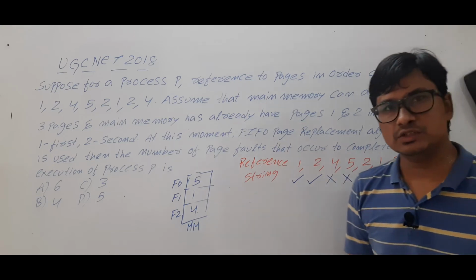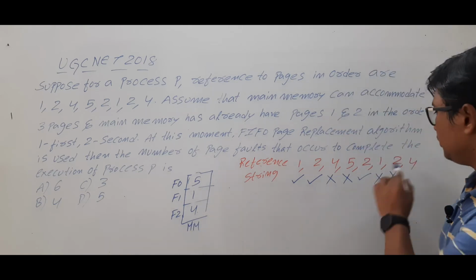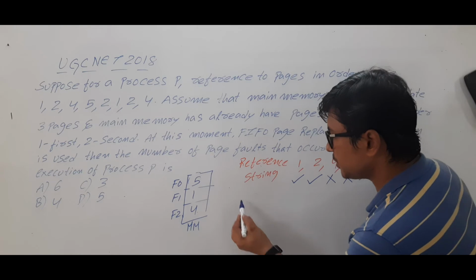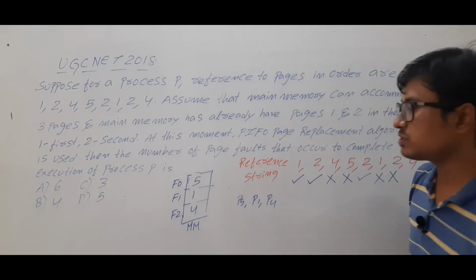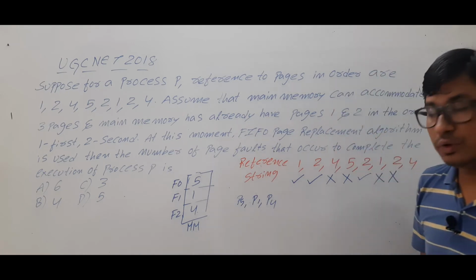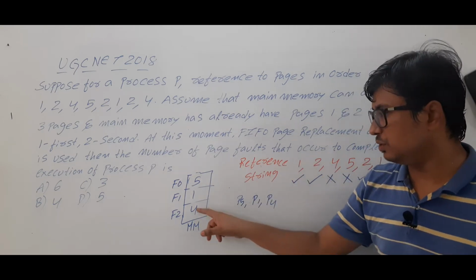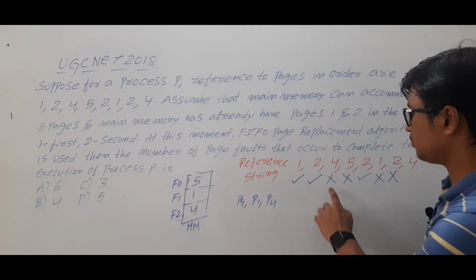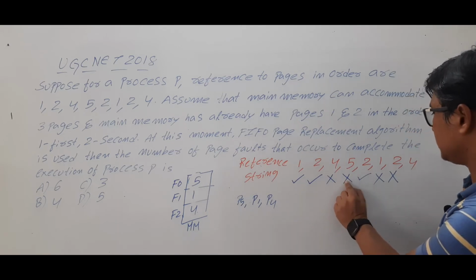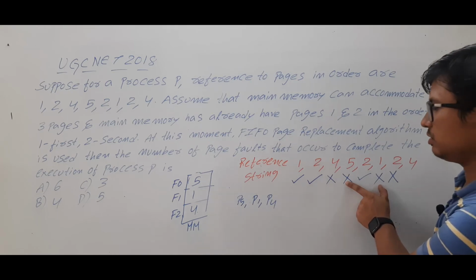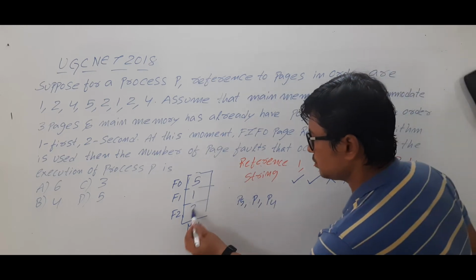Page number 2 is not available, so it is a page fault. As the page is not available, we need to find a victim page, remove it and load page number 2. Look, page number 5 is there, page number 1 is there and page number 4 is there. Which one was loaded first? Page number 4. Don't think it is page number 1. Already page number 1 was loaded and removed, then loaded again. So page number 4 is the first one that was inserted. See, page number 4 is inserted here, page number 5 is inserted here, page number 1 is inserted here. Are you able to understand it or not? So page number 4 needs to be removed and page number 2 needs to be loaded.